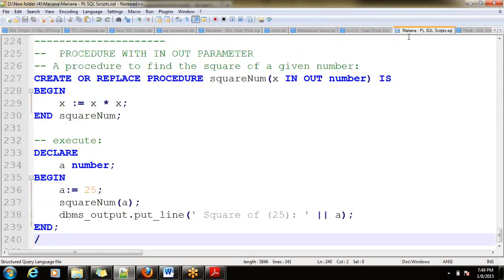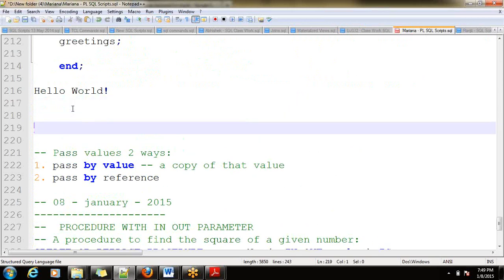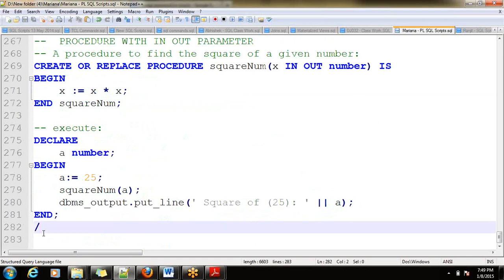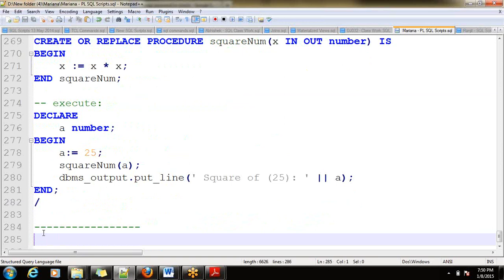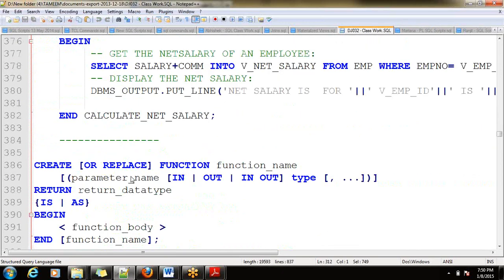Procedures. Now let us work out on another sample.